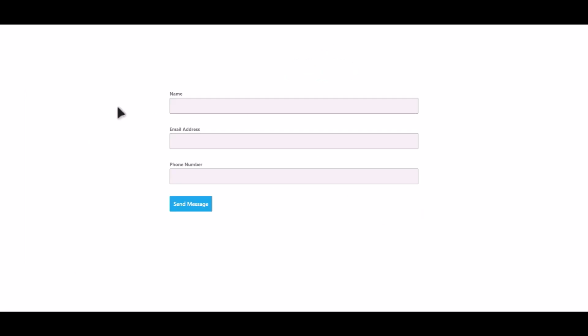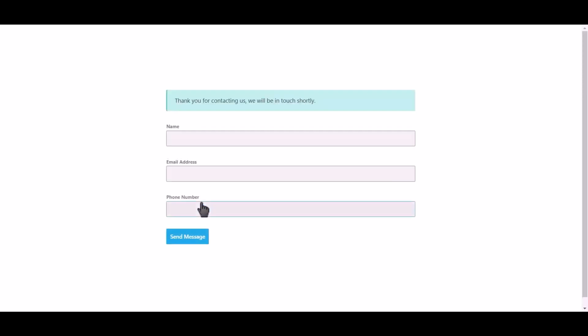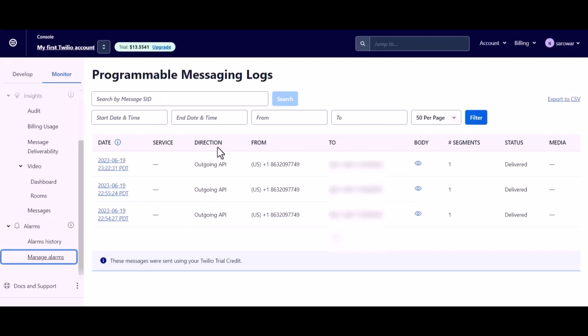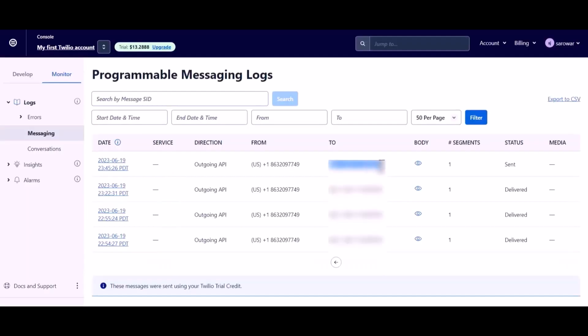Let's submit a form. Click on Send Message. Form submitted successfully. Now go to the Twilio site and refresh the page. And you can see the message was sent